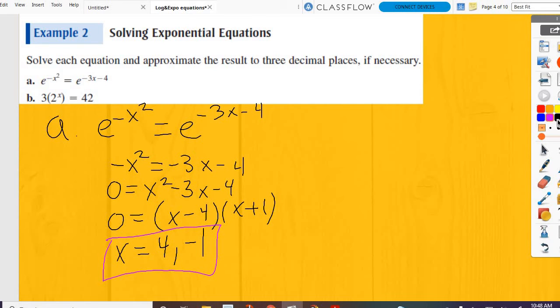Alright, what about part B? What did we say our first step is? Isolate. Is my exponential isolated right now? No, what's going on? There's a 3. What's happening to the 3? Multiplied. So how do I undo a 3 that's being multiplied? Divide. So I get 2 to the x equals